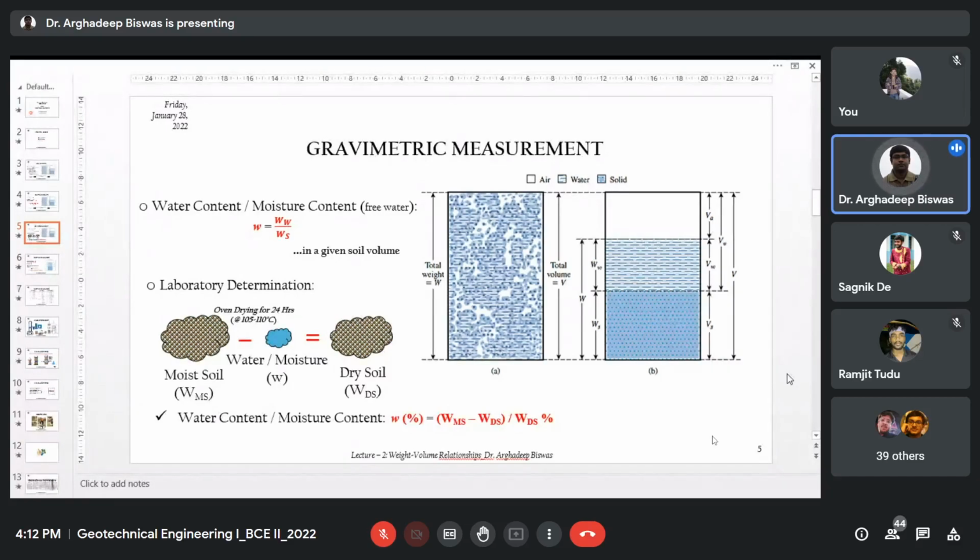But that is not applicable here. Here, only the vapor matters. The limiting temperature is 105 at most, or 110, where the water will vaporize. But the thing is that if you go beyond 110, let's say 150 or 200, 250, again water will vaporize,